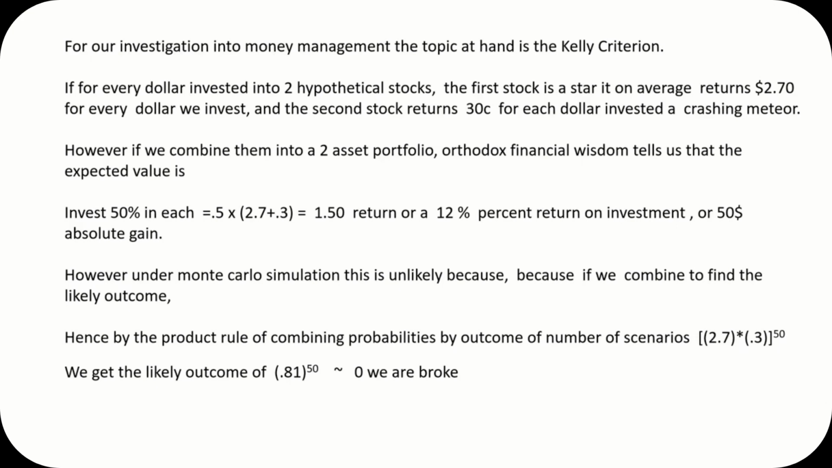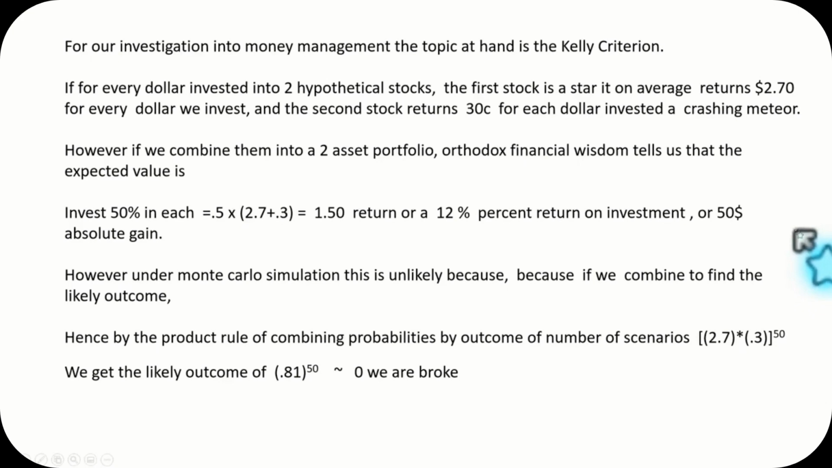However, if we combine them into a two-asset portfolio, orthodox financial wisdom tells us that the expected value is to invest 50% in each: 0.5 times 2.7 plus 0.3 equals $1.50, a 12% return on investment, or $50 absolute gain. Looks good. However, under simulation of real-life trading, if we combine them to find the likely outcome, hence the product